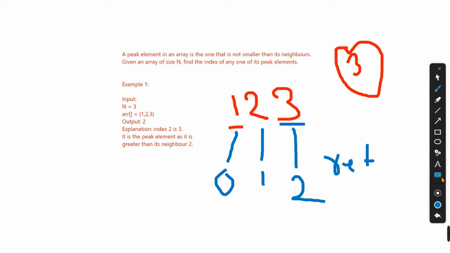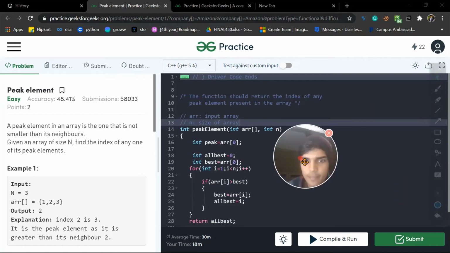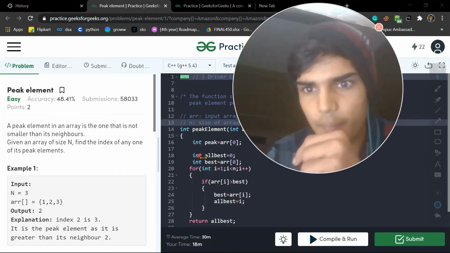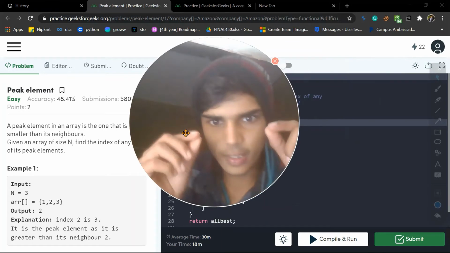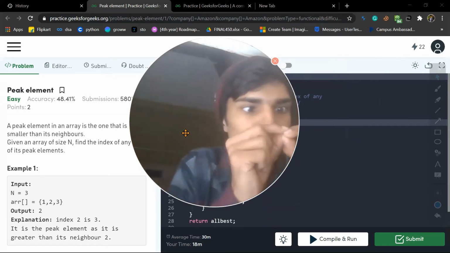So basically over here we are applying a bit of Kadane's algorithm. We're not using the sum. In the array we have to find the maximum element and its position.